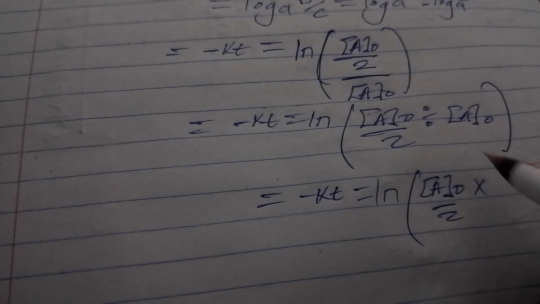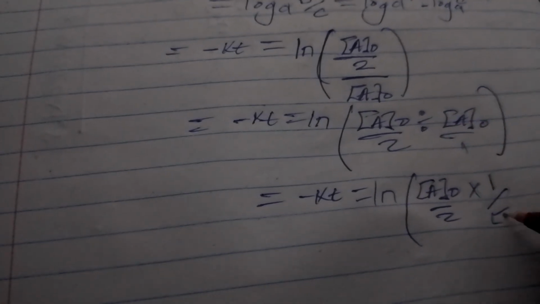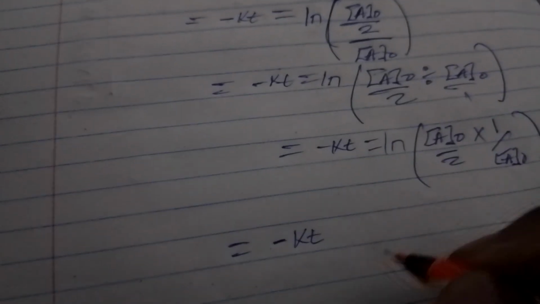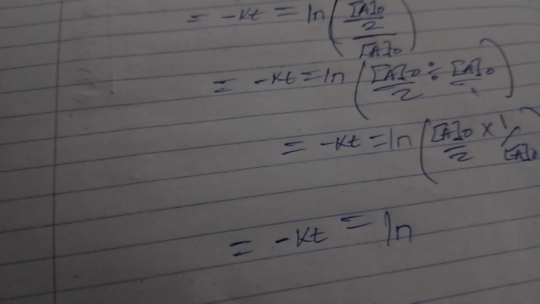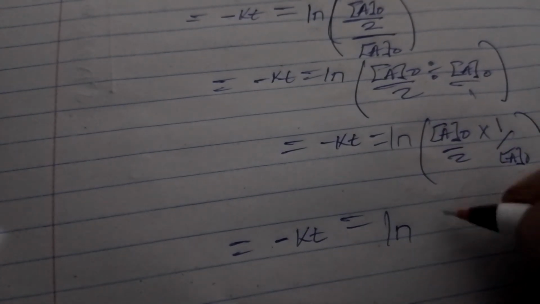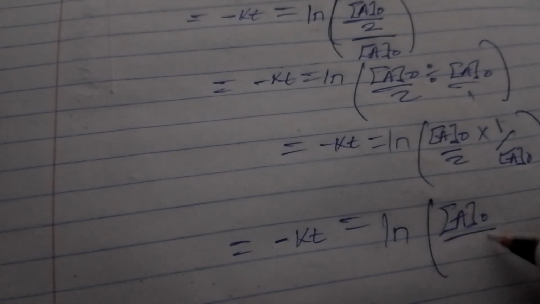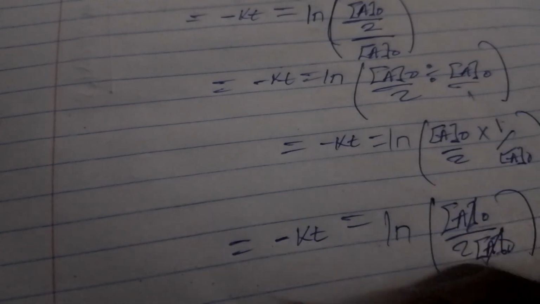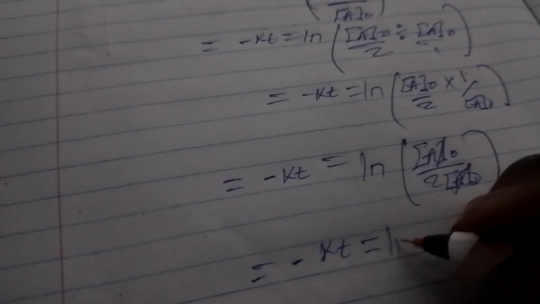Once this division turns into multiplication, then everything gets affected, whereby 1 goes up, while the initial concentration of the first reactant, as in the original, remains one and the same. Then I'm going to have that constant and time is equal to the ln, which is the natural log. Then I'm going to have initial concentration times 1, and initial concentration times 2, so the initial concentration cancels. Therefore we're going to have negative kt is equal to the ln